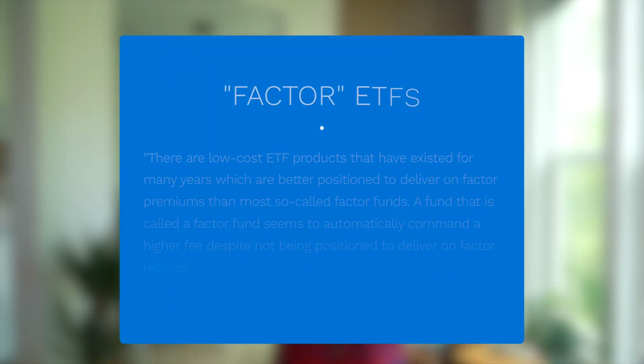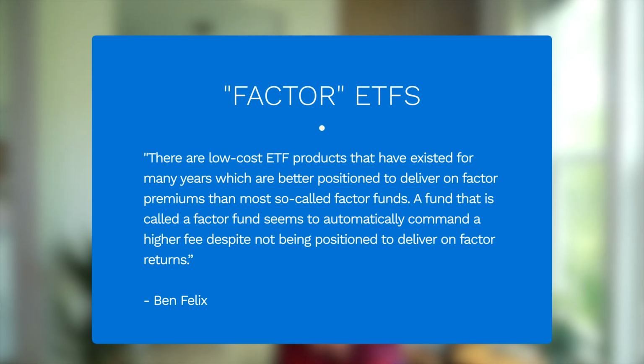So what about factor ETFs? Felix notes that newer financial products with factor in the name ironically tend to deliver poor factor exposure and carry higher fees. He notes there are low-cost ETF products that have existed for many years which are better positioned to deliver on factor premiums than most so-called factor funds. A fund that is called a factor fund seems to automatically command a higher fee despite not being positioned to deliver on factor returns. As such, the model portfolio here is conveniently constructed with